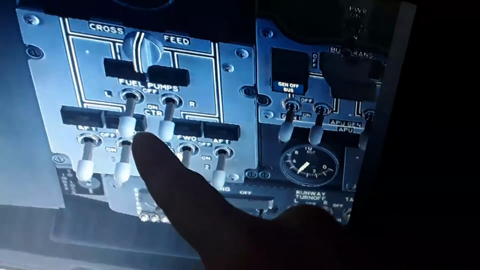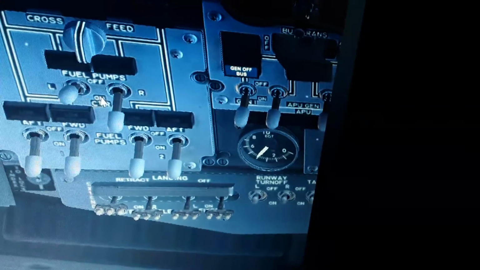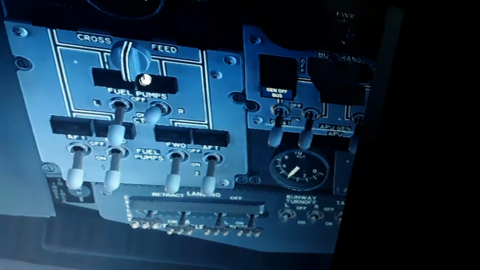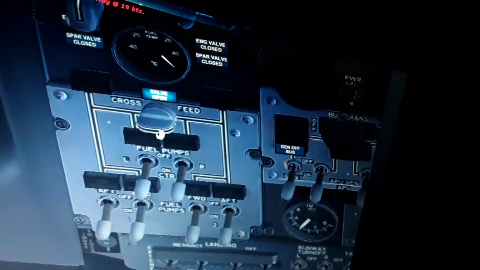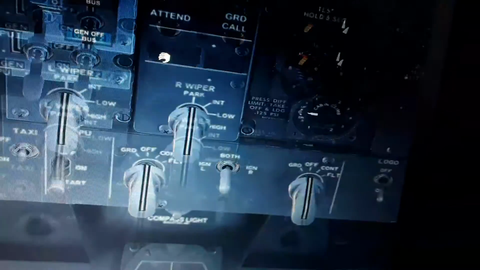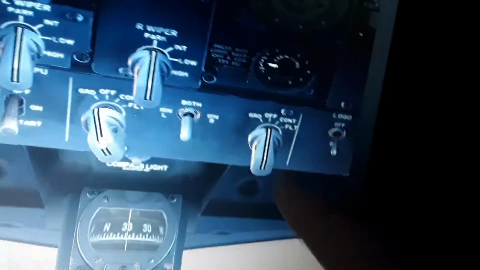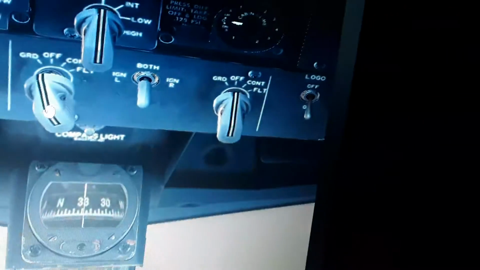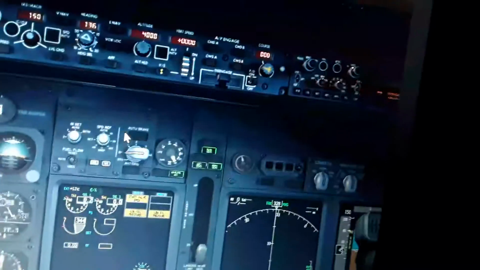Here's the fuel panel, the fuel pumps. I can turn them on and off. This is the crossfeed. We don't need this right now. I will show it in another slide. So I'm only gonna use here the engine start selector in the ground position. I use ignition in the bolts. So you're gonna see now